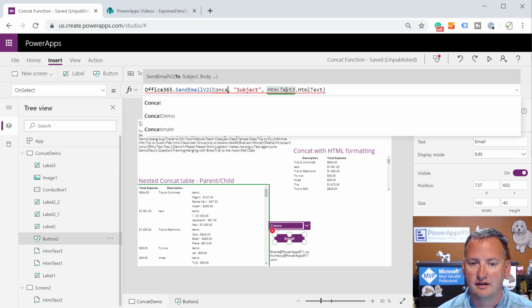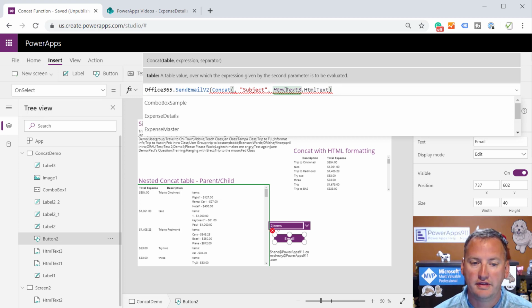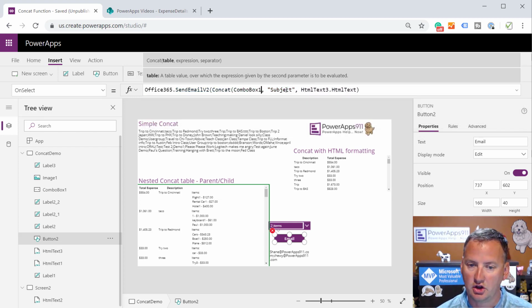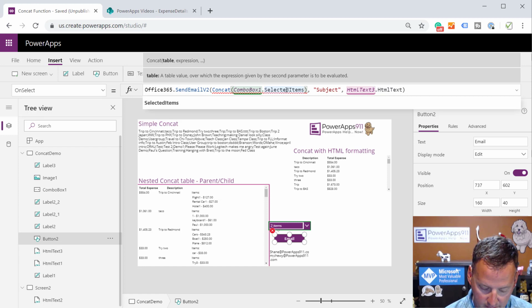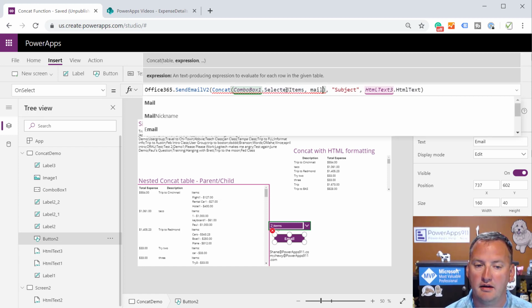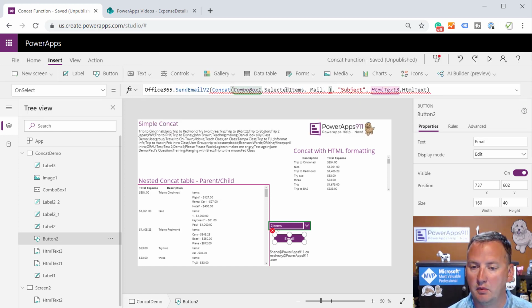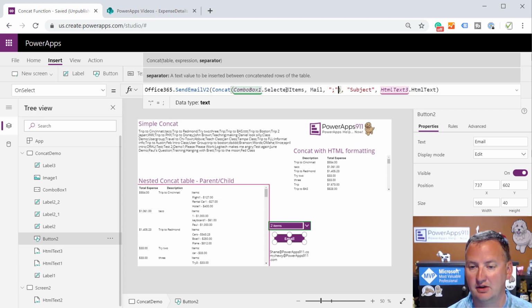So then we're going to say Concat the, what is the name of the combo box? Combo box 1. Combo box 1.selected items. So that gets all of the items that have been selected. And then what do we want to do? We want to grab the mail address, and then we want to separate those by a semicolon